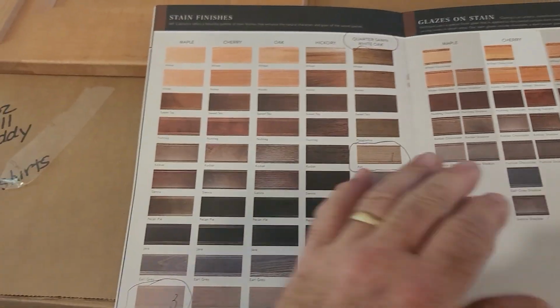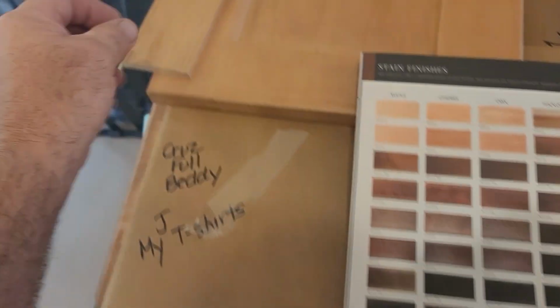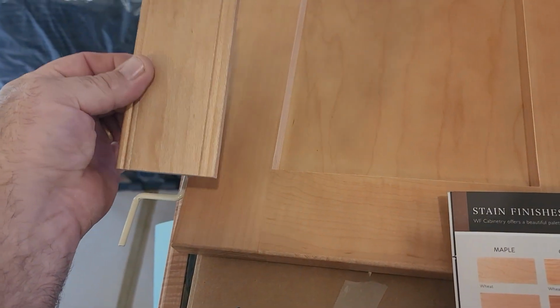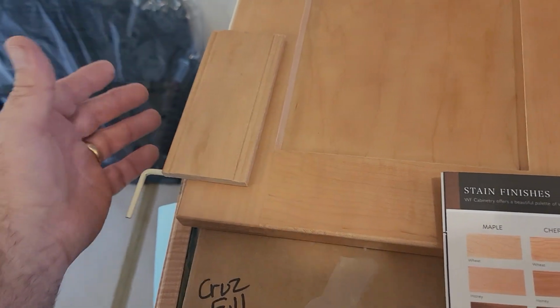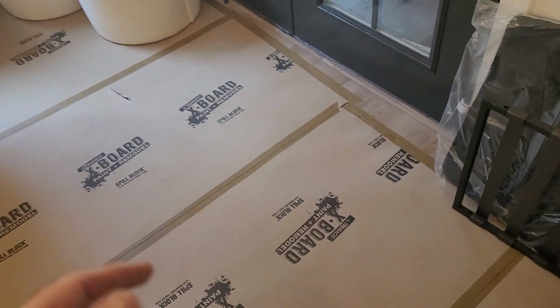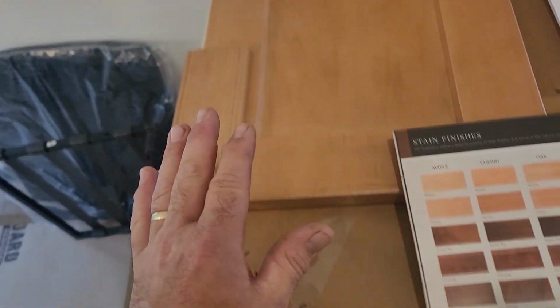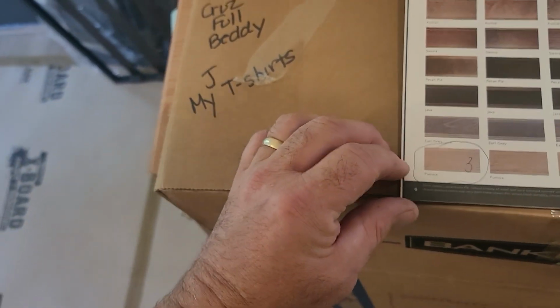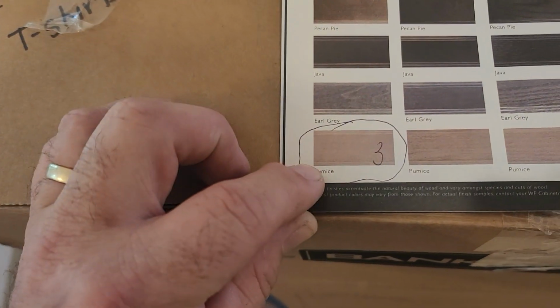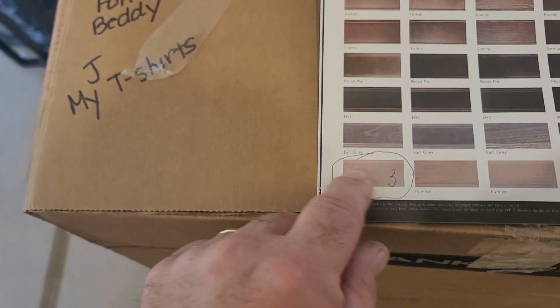And the third one is if we have to stay with maple, they're really, really scared that this honey is going to look more pink than it does brown. If you look at the floors, there's that same off-white in the colors, and there's just nothing in the room that's in that shade. Now, if that's the case, their third choice would be maple, maybe in a pumice finish. And the reason is because they're trying to get these grays back in that would match more of what the table has, like you see here,